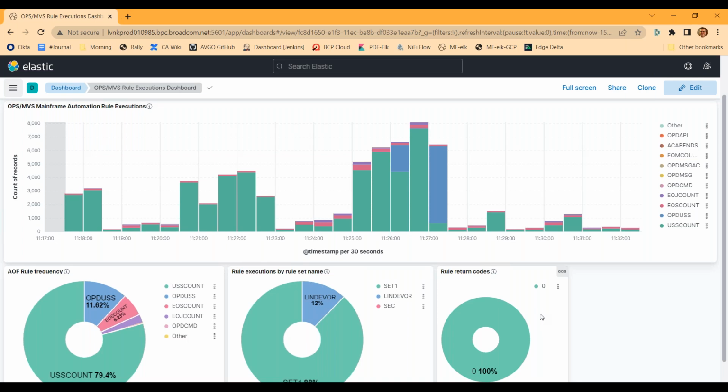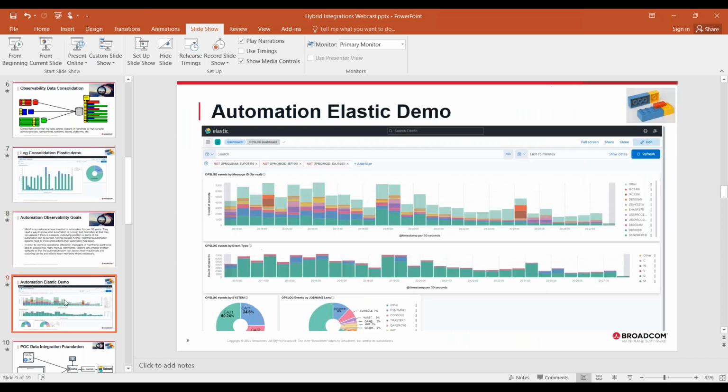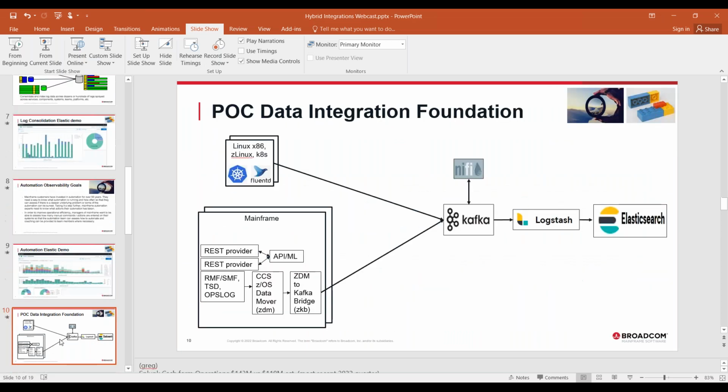Anyway, I'm resisting the urge to go too deep because I'm kind of out of my element here. But all I can say is watch this space, because this is something that we're kind of excited about. We've heard customers express pain points surrounding this, and we're excited to see what the Ops MVS team can do with this going forward. So, all right.